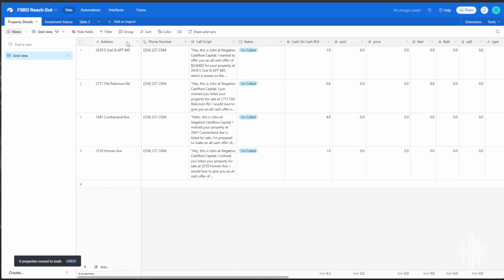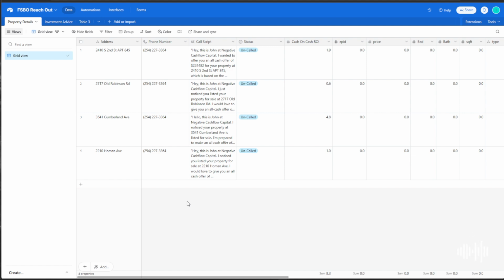And boom, we have a bunch of columns here with all of our properties, our cash flow, our cash on cash ROI, status is uncalled, and then our call script here. So with some polishing, this would even be a perfect endpoint to be passing off to your real estate team for people to be manually calling, or for yourself to even use this as a cheat sheet whenever you're calling properties yourself. But with this channel, we need to make it even more exciting and pull the lever of AI